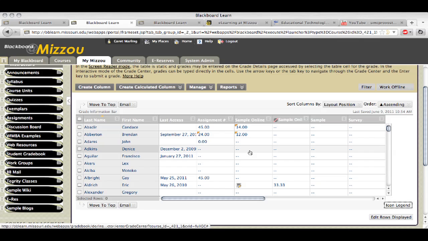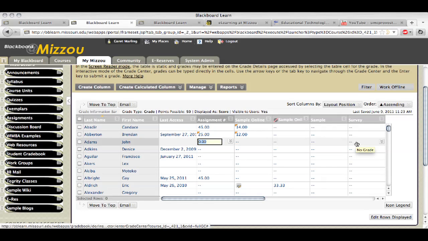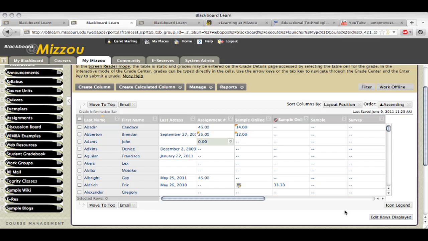For instance, if I want to change Brendan Aberton's score on this, I just click here and I'm going to give him a 25 instead. And I just hit enter, and then you've got that little orange triangle in the corner that indicates that the grade that was there originally was overridden. You can take a look at that icon legend yourself, and we're more than willing to break it down for you if you wanted to schedule an ETMO consultation. Okay,